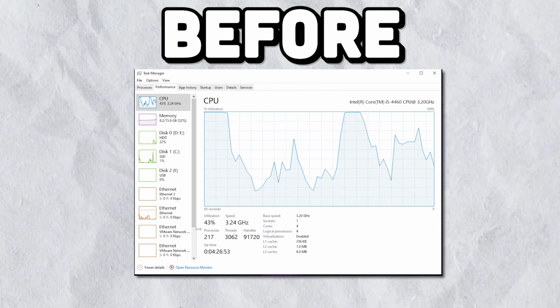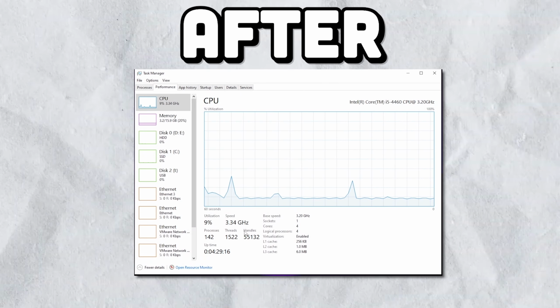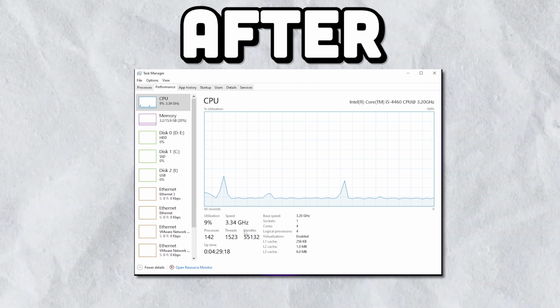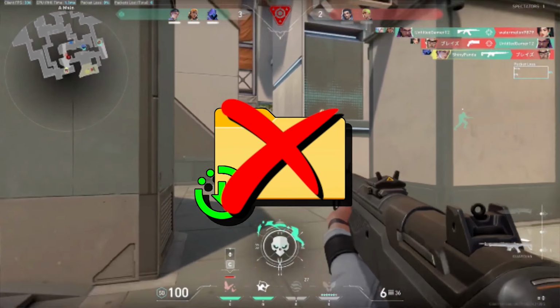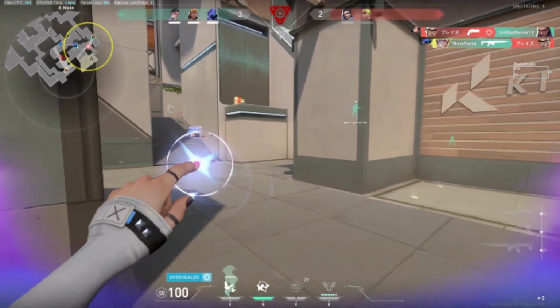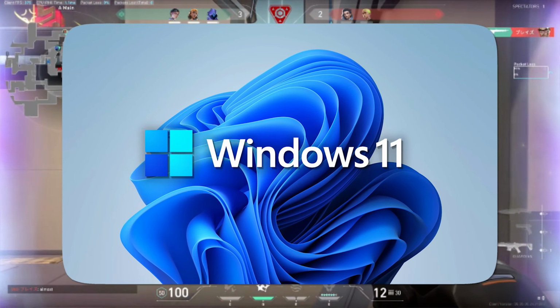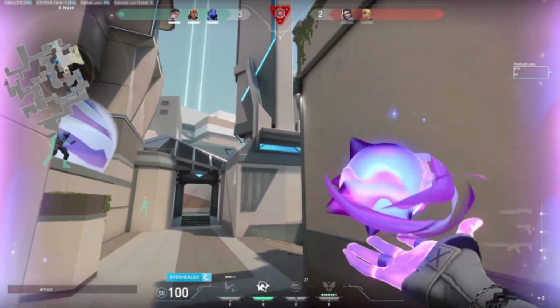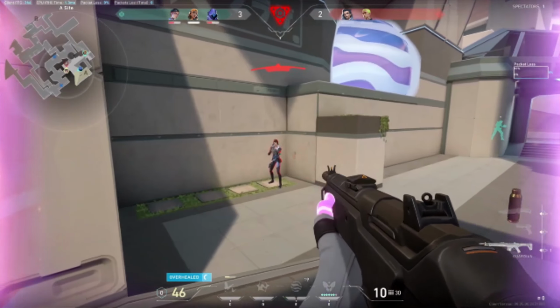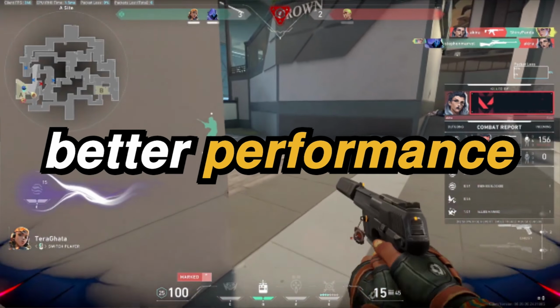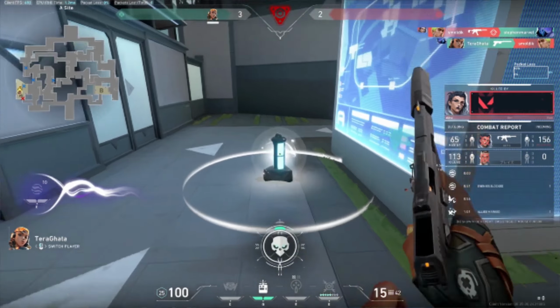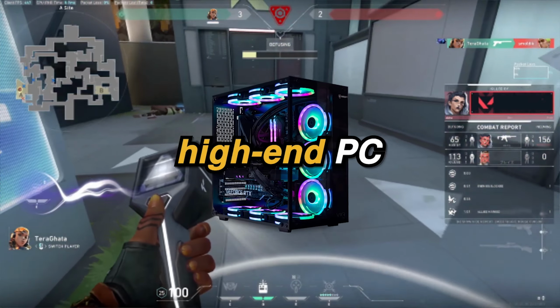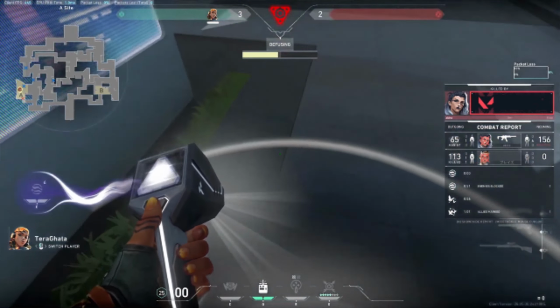This is before applying the optimizations and this is after applying these optimizations. So if you want to get the most out of your PC without downloading any files or programs, this is how to optimize Windows 10 or Windows 11 for ultimate gaming and performance just by using the settings and commands within Windows itself. It's going to improve Windows 10 and Windows 11 for performance and get you more FPS in all games. These methods will work for all low-end, mid and high-end PCs or laptops, helping you get more performance